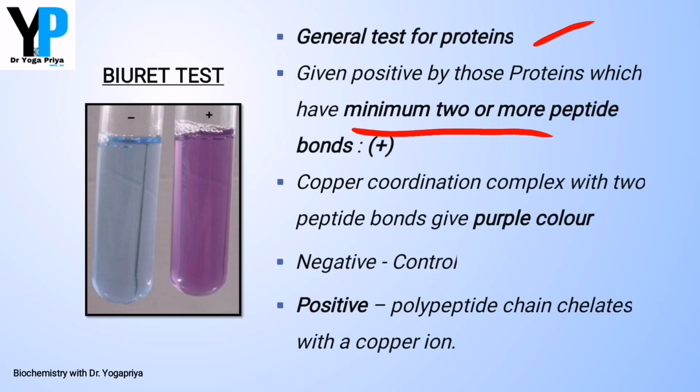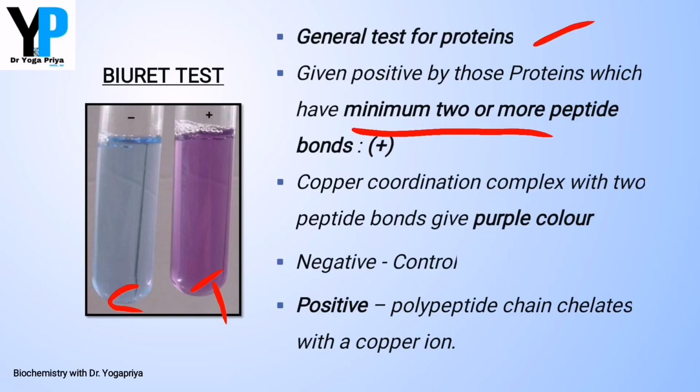We have to take two test tubes, one named T and one named C. In the T test tube, we take the patient sample, and in the C test tube, we take water as control. To the T test tube, we add 3 ml of protein solution and then an equal volume of 10% sodium hydroxide. Then we mix it thoroughly, and after a few minutes, we add a few drops of 0.5% copper sulfate solution. We do the same thing with the control also, but the only difference is that we use water instead of the protein sample.